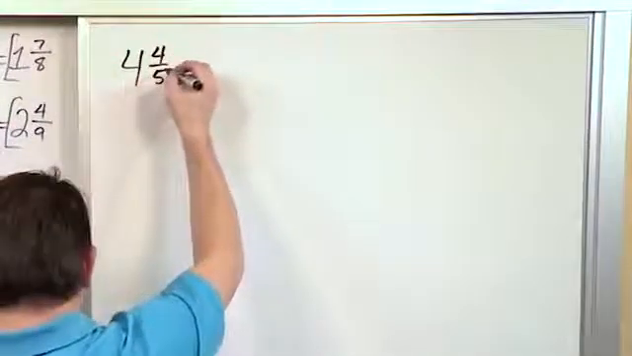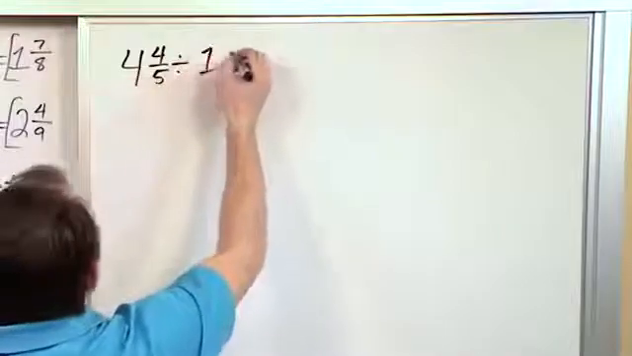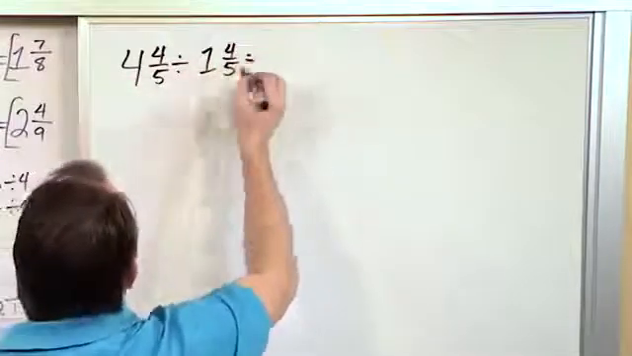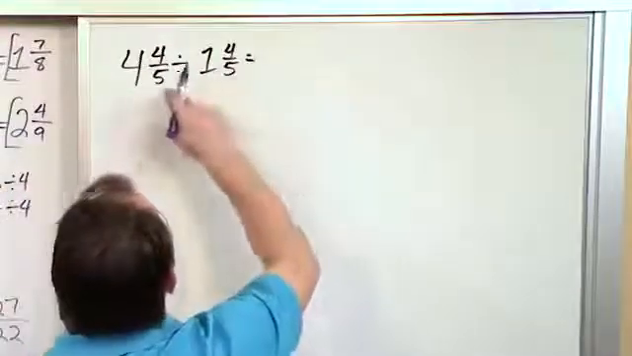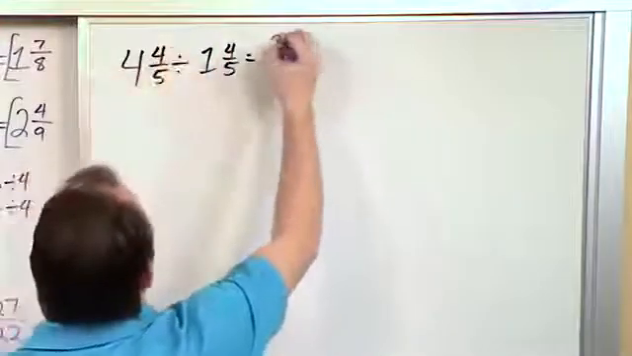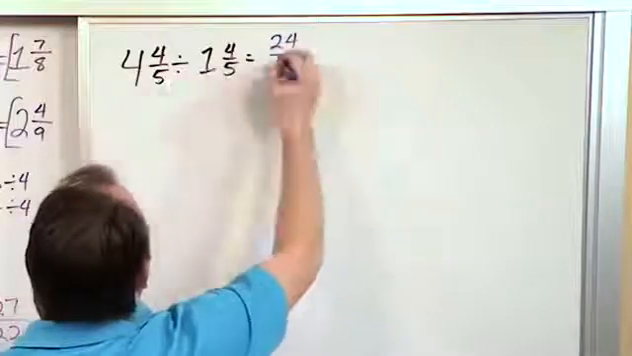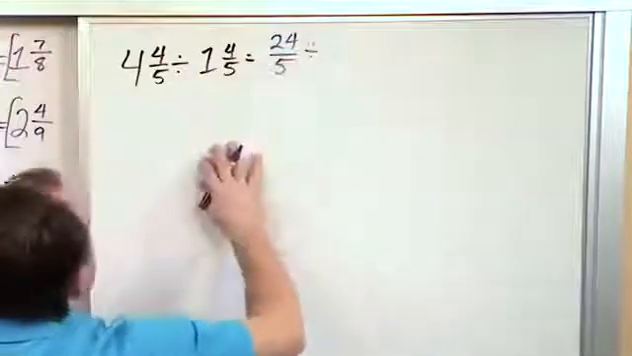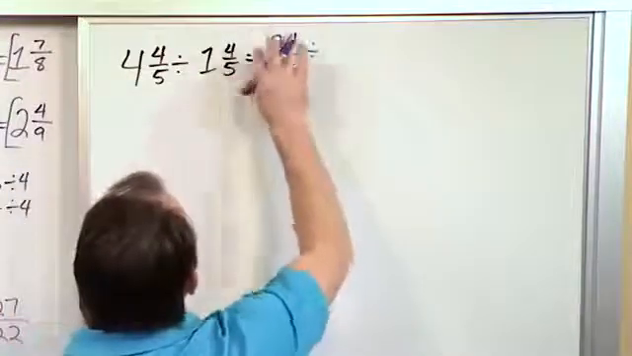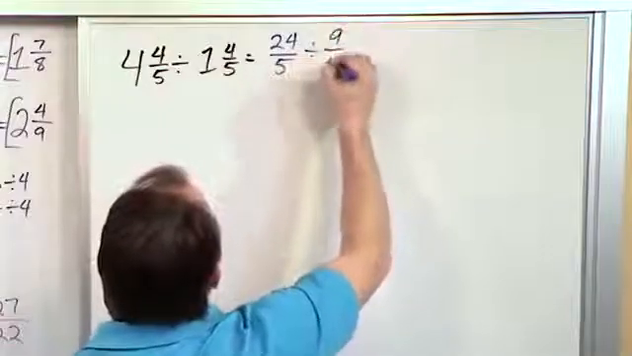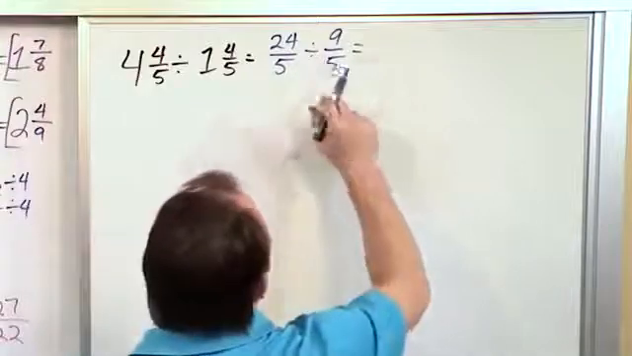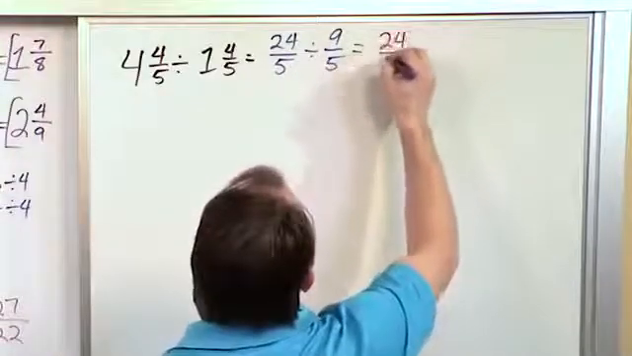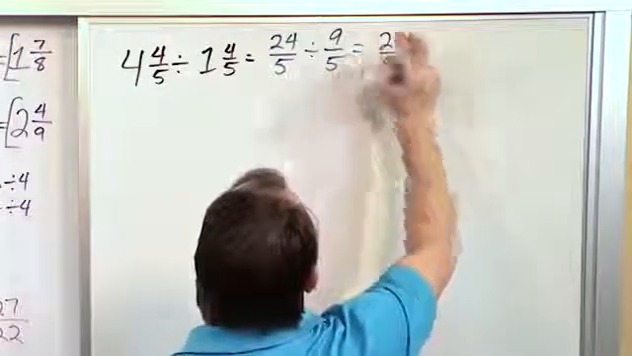What if we have 4 4/5 divided by 1 4/5? Well, the first thing we're going to do, as always, is convert the mixed number. 5 times 4 is 20, plus 4 is 24, over 5. The division symbol remains for now. 5 times 1 is 5, plus 4 is 9, again over 5. So what we need to do next is change this division into multiplication and flip 24 over 5